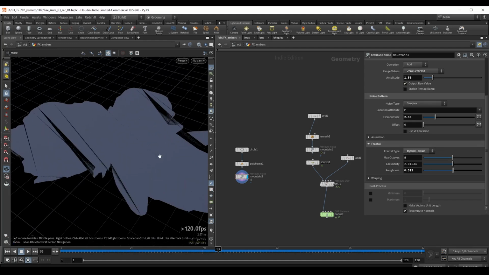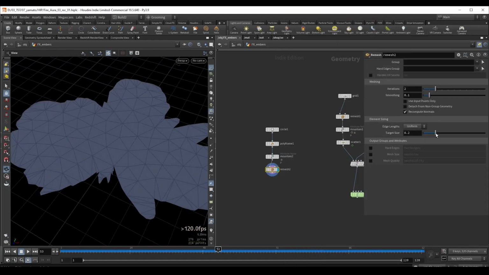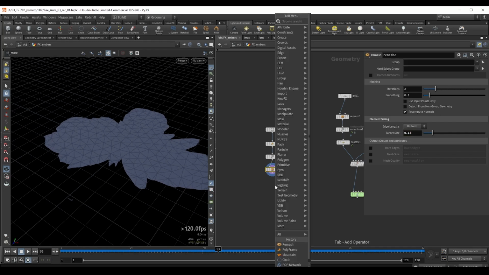And from here what we can do is drop a remesh, and I can press Shift W to preview this wireframe, and I want to maybe introduce more subdivisions, so I will set this. Maybe let's try 0.15, and now I want to use a second mountain node, so we will drop another one,